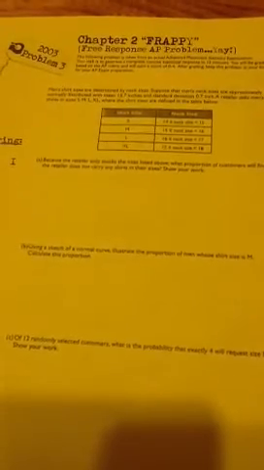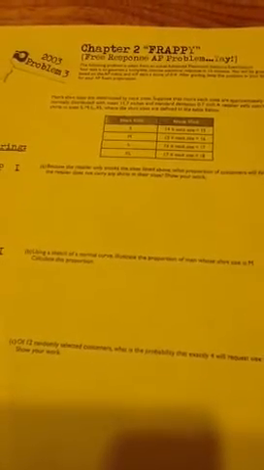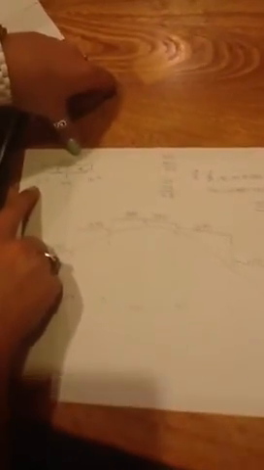And so for the second one, it asks, using a sketch of a normal curve, illustrate the proportion of men whose shirt size is medium and calculate this proportion. So then again, we started off with the exact same normal curve graph, except we zoomed in 15.7 and 16.4. We got that these two are 0.3 and 0.4 by subtracting them out right here, and so